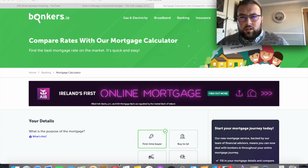Now, in our own personal circumstance here, we found a very useful idea or tool given to us, and that is actually to go through a mortgage broker. Now, they usually charge 1% fees here, but again, you actually don't pay any of this 1%. It goes directly to the bank. So once they get you the best rate, so let's say this couple, Mr. and Mrs. Murphy, want to get a